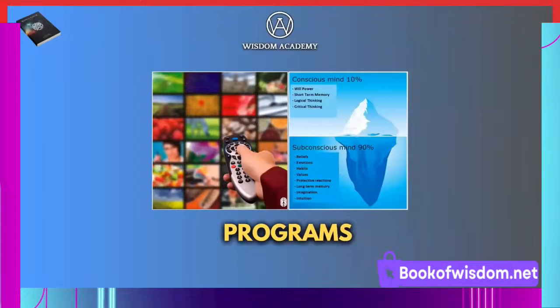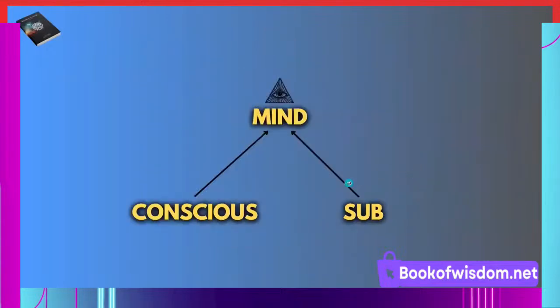Most people don't know this. What you did yesterday is what you will do today because of these beliefs and mental programs stored within the subconscious. So the subconscious is what they're aiming at. They're trying to create programs within the subconscious because the subconscious manifests 90% of your thought patterns, 90% of your actions and words. They know all this stuff. So the subconscious mind is the most powerful part of the mind.